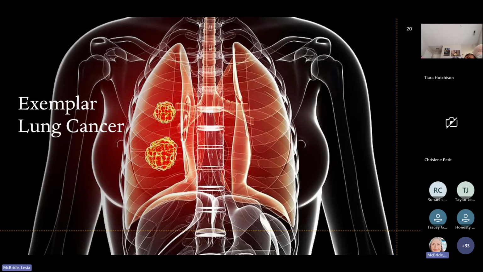If you've been a smoker, you probably should every now and then have a chest x-ray done once every 5 or 10 years so that you can take a look to see if there's anything suspicious. If you're coughing up any type of blood or have a chronic cough that just won't go away, it needs to be checked out. The majority of lung cancers, almost 80%, are the result, again, of long-term exposure to cigarette smoke.